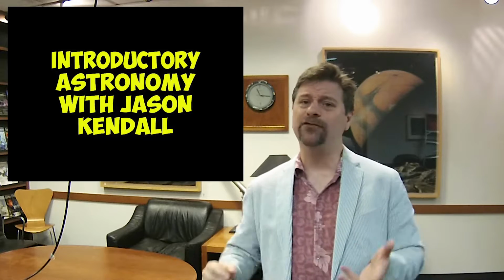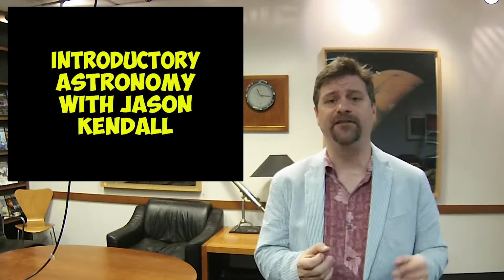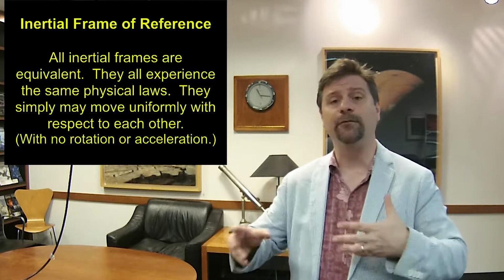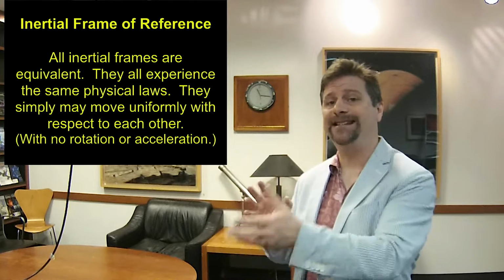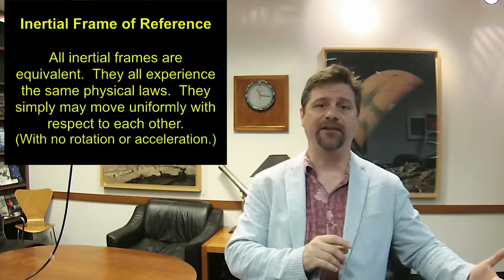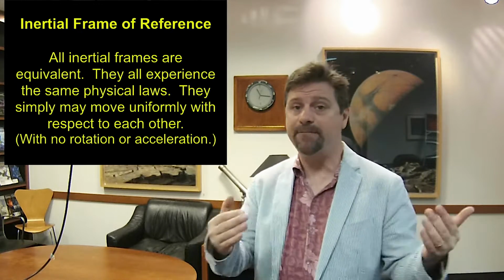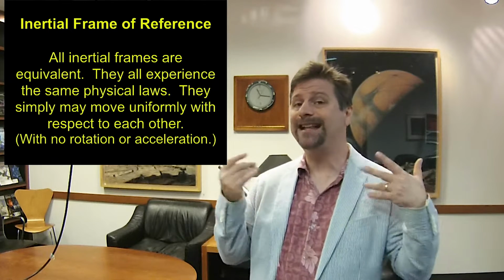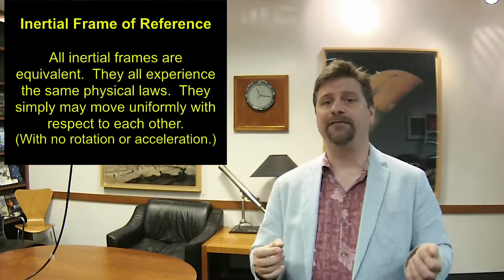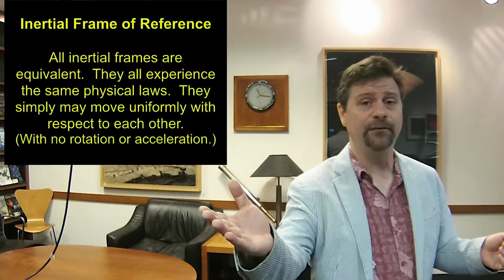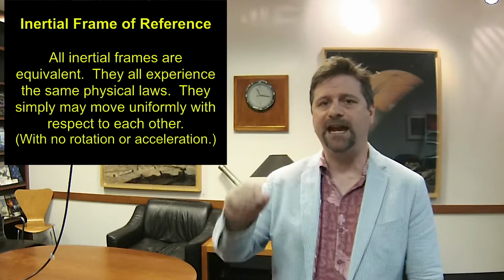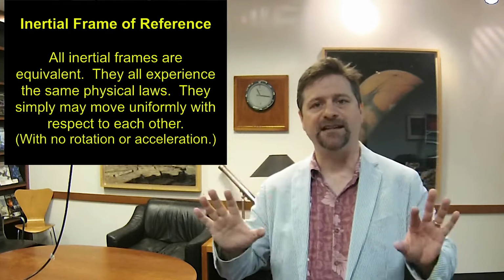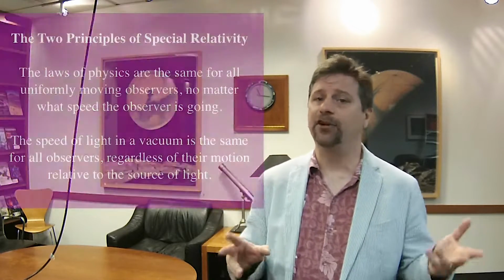Okay, last time we introduced the concept of special relativity, which said that the inertial reference frames are equal for everyone so long as you are in one. So if you're in an inertial reference frame, you can't tell one inertial reference frame from another by any means, except that they might be moving relative to each other. That's the only thing. Now, inertial reference frames can't be accelerating with respect to each other. They can't be decelerating. They can't be rotating. They're simply moving uniformly at a uniform speed, or they're standing still. That's the essence of an inertial reference frame.